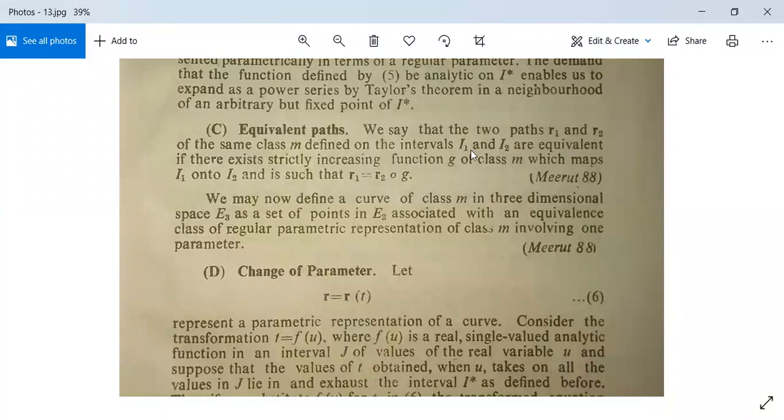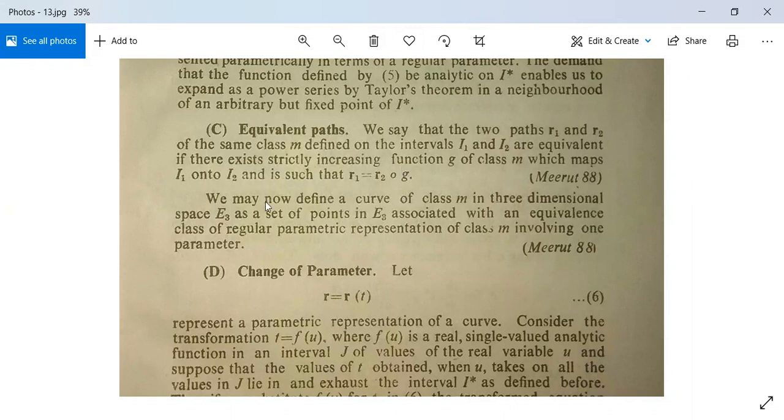अब देख लो इक्विवेलेंट पाथ का क्या कॉन्सेप्ट है। We say that the two paths R1 and R2 of the same class M defined on the intervals I1 and I2 are equivalent if there exists strictly increasing function g of class M which maps I1 onto I2 and is such that R1 is equal to R2 composition g। तो अगर ऐसा हमें मिलता है तो हम कह देंगे कि R1 और R2 इक्विवेलेंट हो गए।